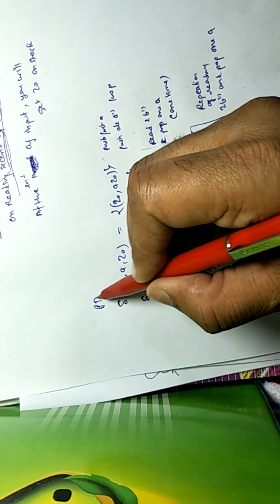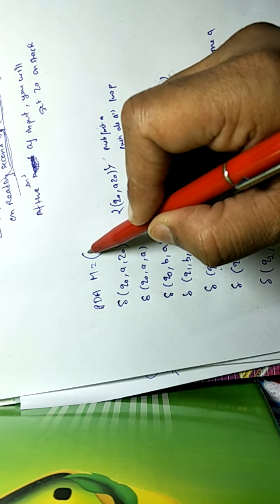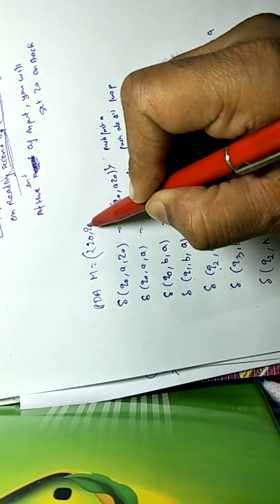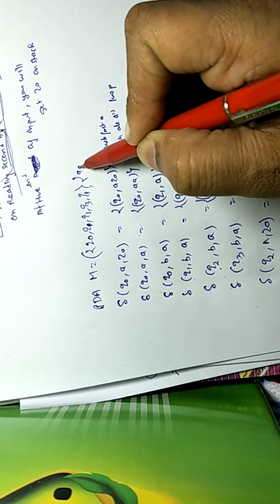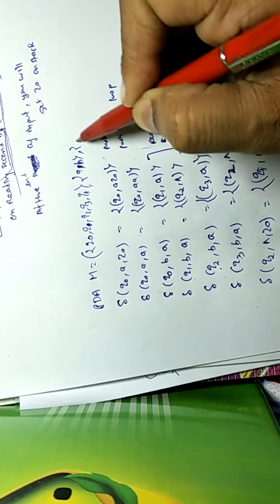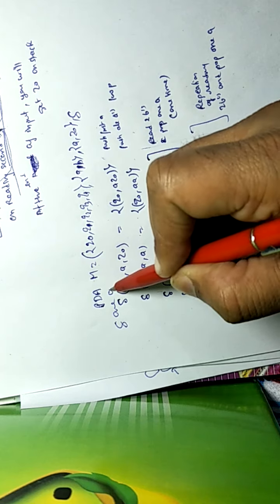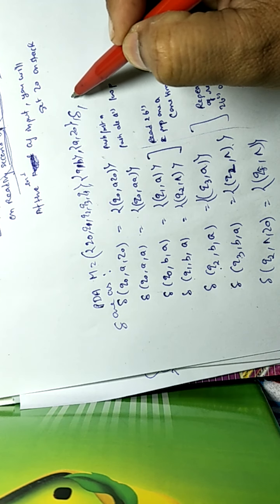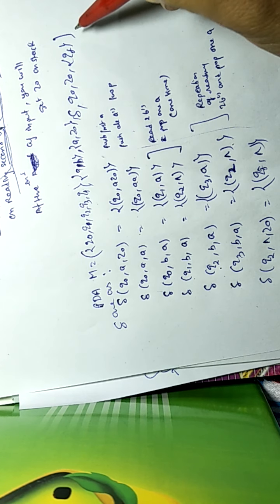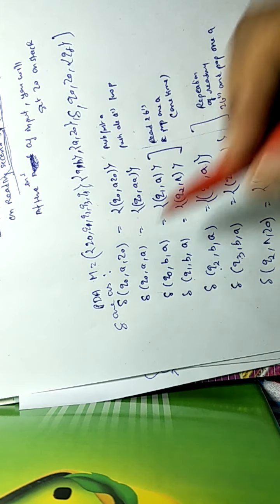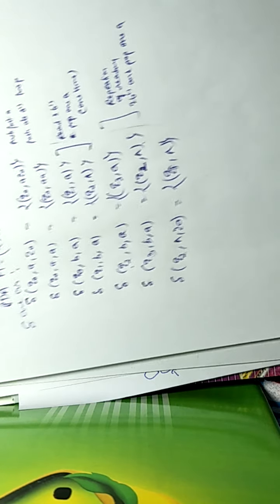PDA, where PDA M is equal to a set of tuples we need to write. There are states Q0, Q1, Q2, Q3 and QF. Input symbols a, b, then stack symbols A, Z0, then transitions are as these, then start state, stack initial symbol, and QF as the final state. So this will be the final PDA. Now design the same PDA in pictorial way.